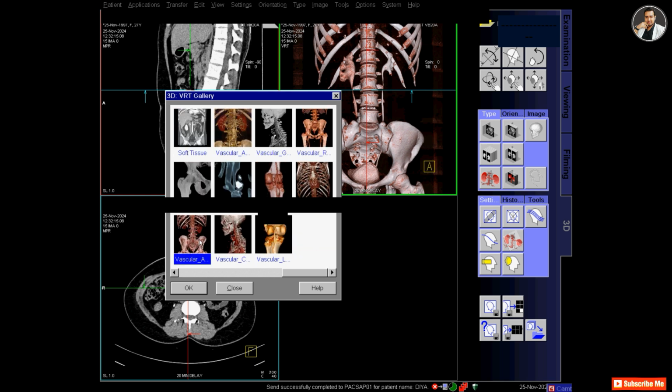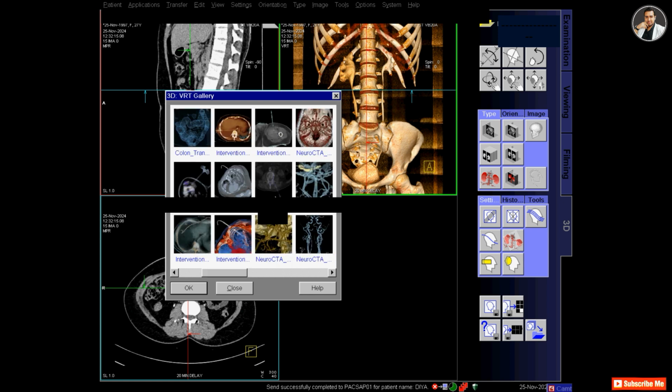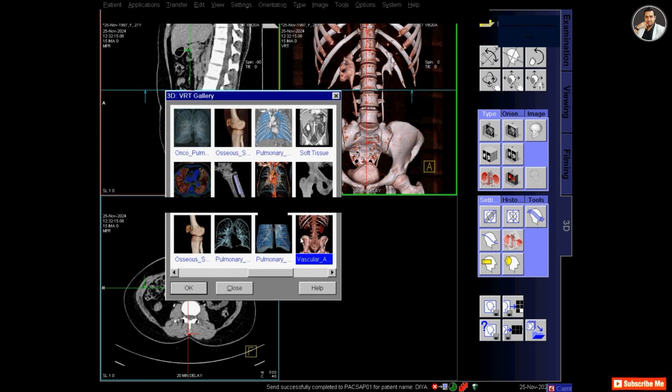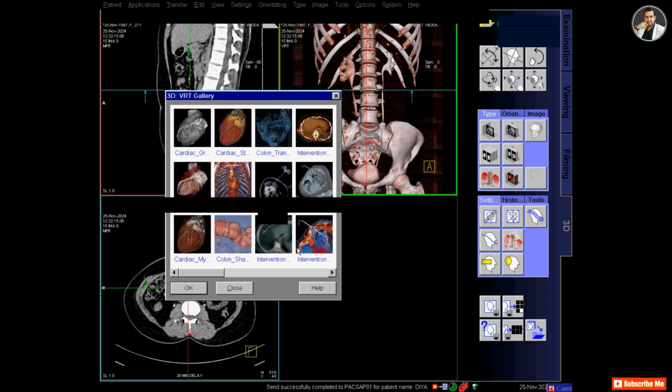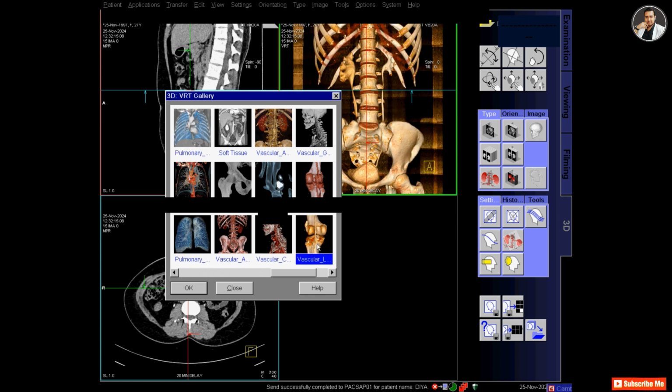This 3D process is best performed in Syngo.via, but right now I am showing it on the Syngo CT. Syngo.via will automatically remove the bones and show you only the ureter, renal pelvis and the bladder. So in this software, Syngo CT, you have to remove the bones manually by cutting them.